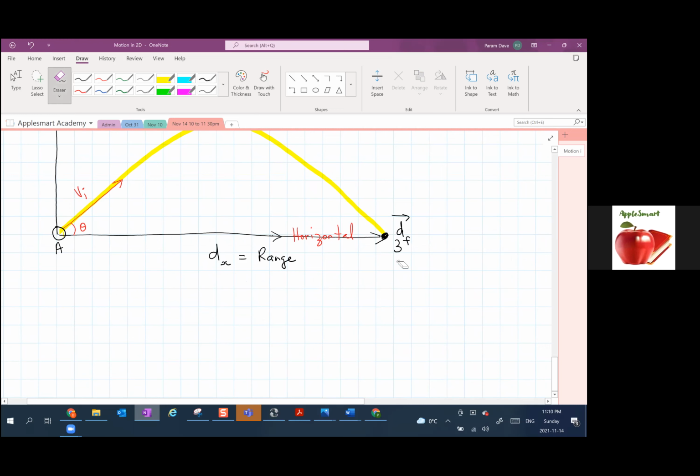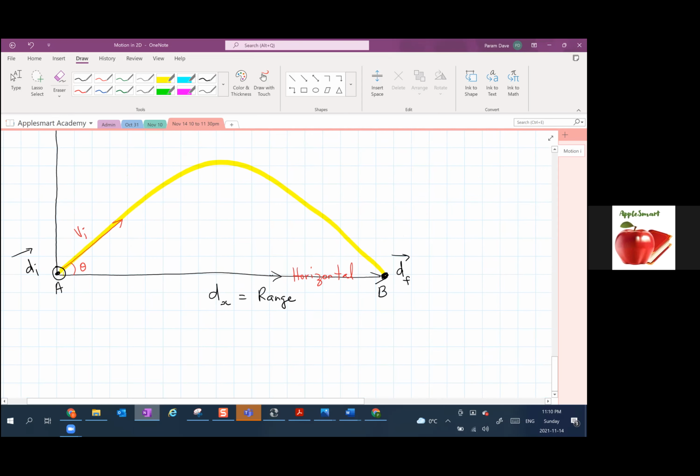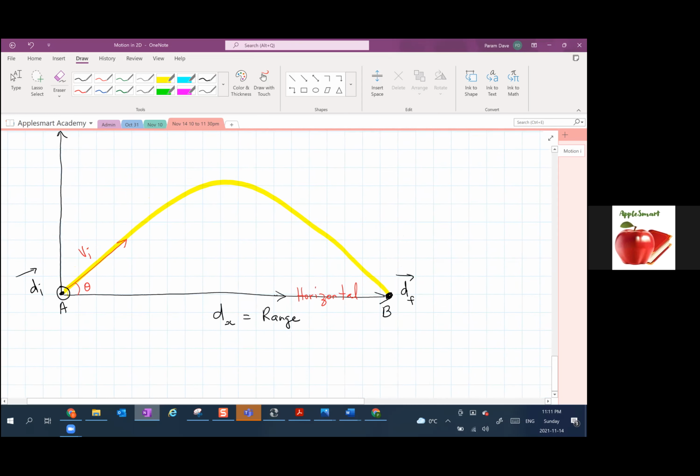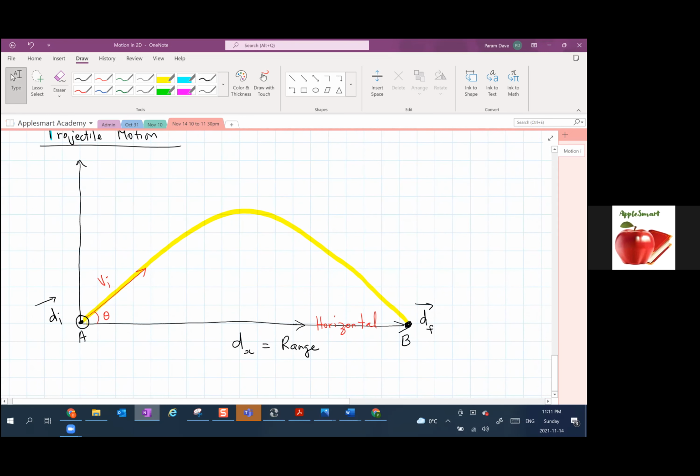Okay, at B, that's the final location, and at A is its initial location. So you will see that the final location is to the right of the initial location. So obviously the object has traveled by some amount horizontally. Now, as it goes from A to the top part C and then comes back to B, the object